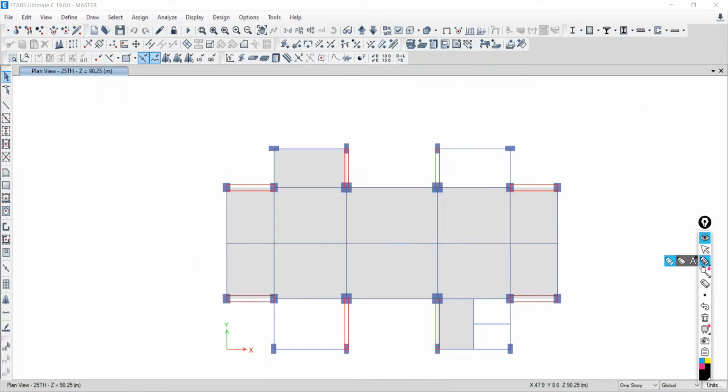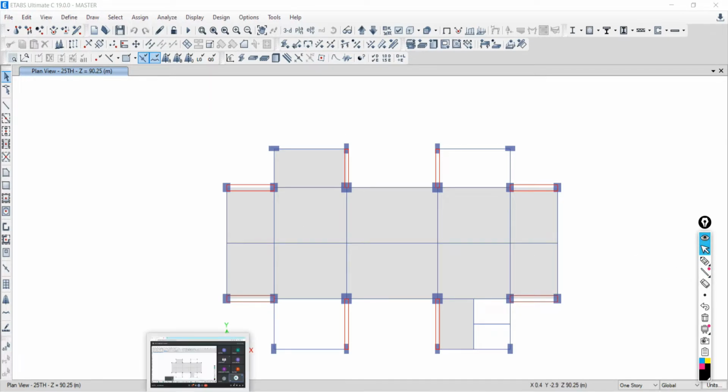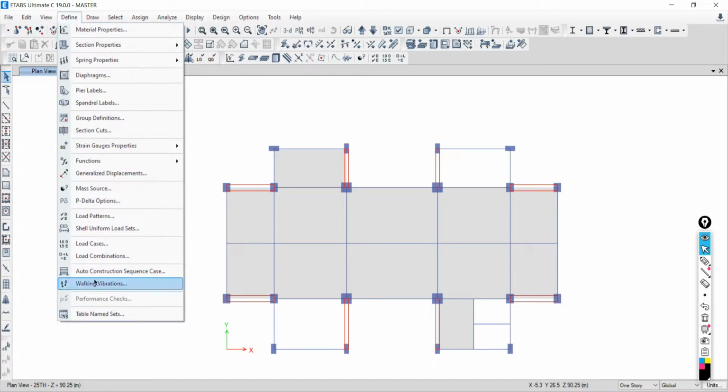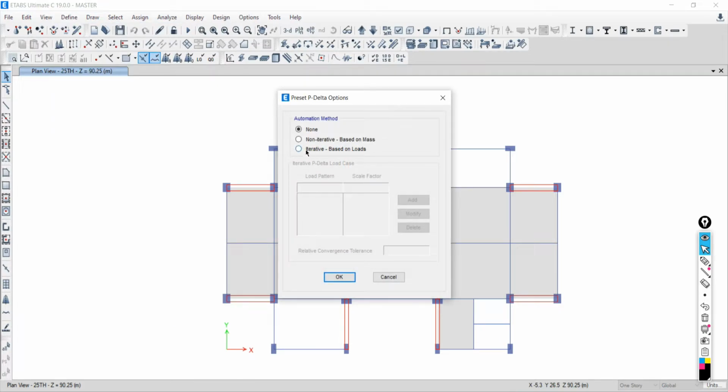Go back to your tabs. Normally this is for dead and live load. Go to Define, then the P delta option. Check this option, and check the iterative based load option.